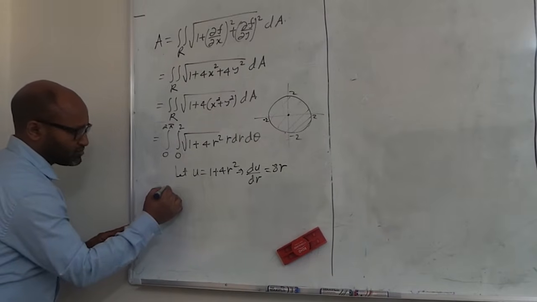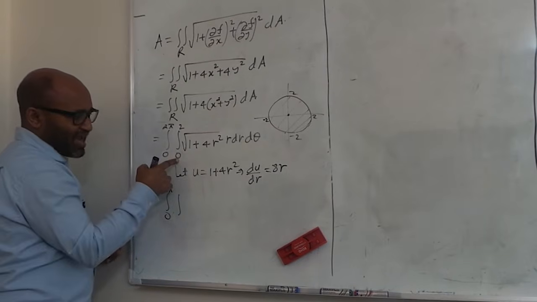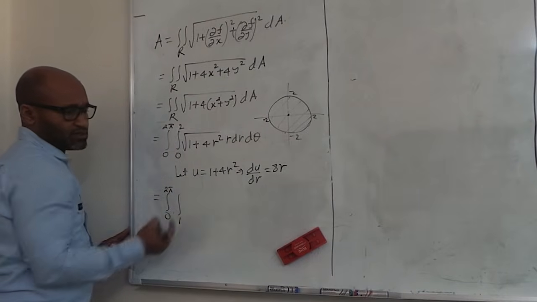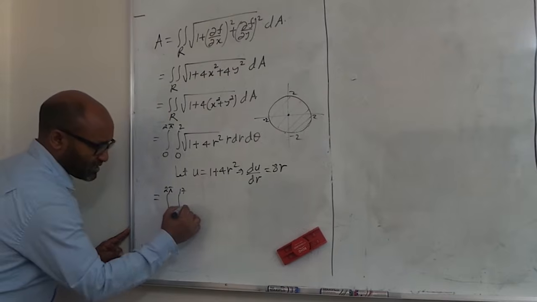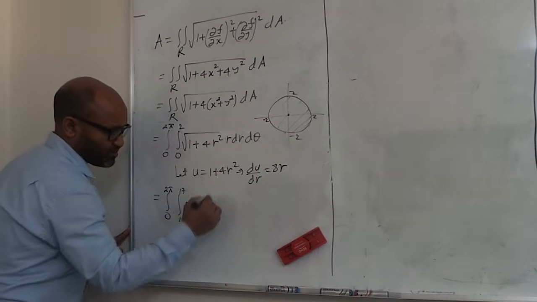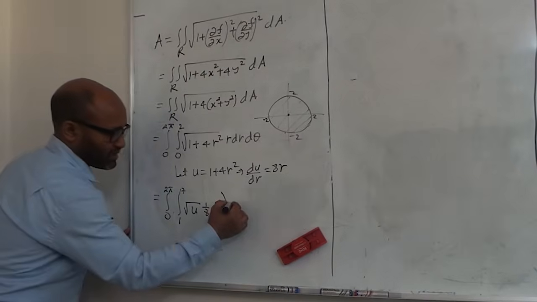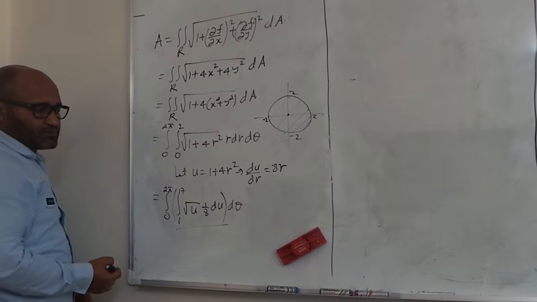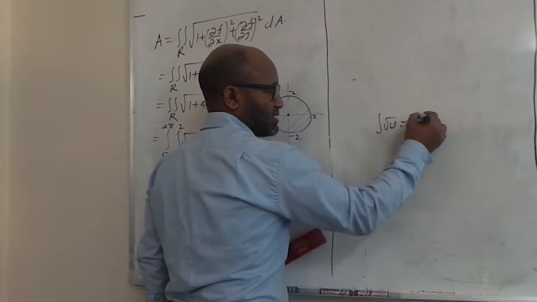So this integral will be the same as the integral from 0 up to 2π, from 0 up to 2. r 0 ሲሆን u will be 1, r 2 ሲሆን 2² is 4, 4 times 4 is 16, plus 1 is 17. Up to 17, square root of u, r dr will be 1/8 du, dθ. እዚህ መጀመሪያ ኢንተግሬት እናደርጋለን. Now what's the integral of the square root of u?